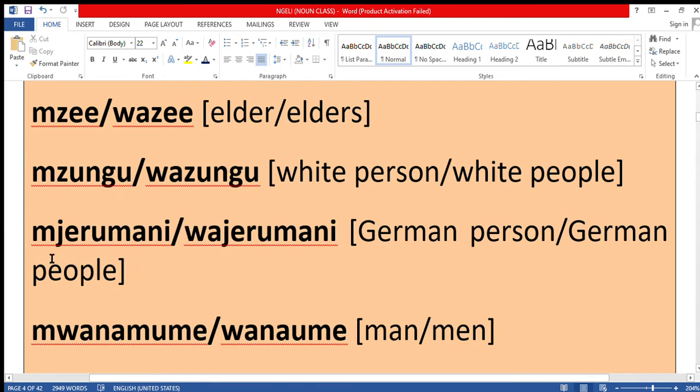Mjerumani, wajerumani. Also, if people know your origin, like you are an Arab, they will call you Mwarabu. If they know that you are from Turkey, they call you Mturuki, right? If they know you are from Germany, they call you Mjerumani. So